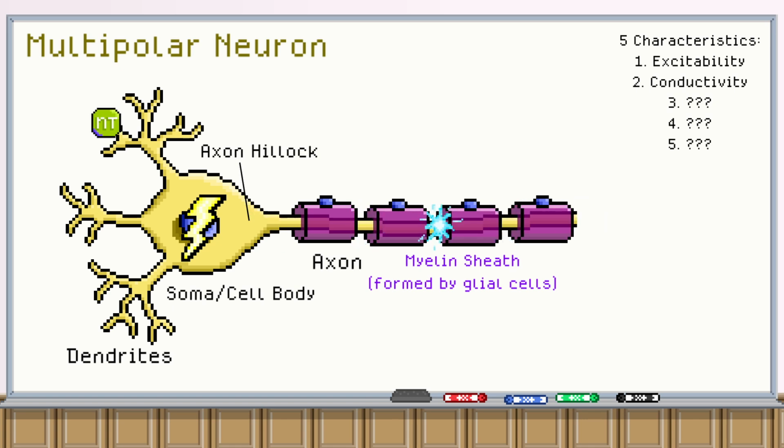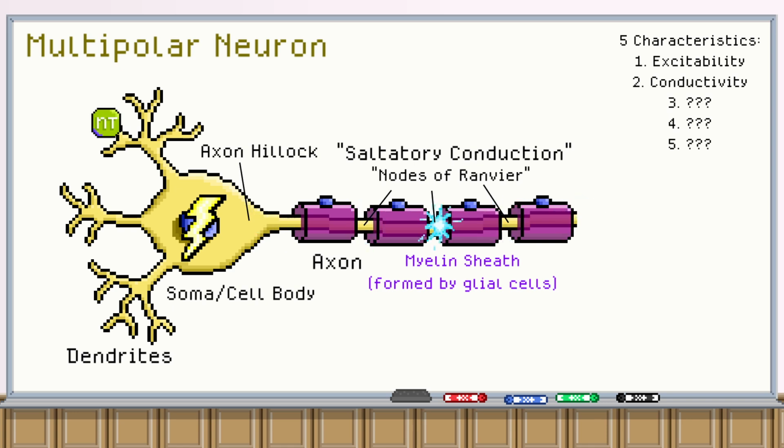In fact, the speed of conduction is sped up so much that the action potential appears to jump to the little gaps in the sheath. This apparent jumping is known as saltatory conduction. These little gaps of exposed axon are called the nodes of Ranvier. The nodes of Ranvier are like little recharge points where the action potential gathers enough charge to continue through another